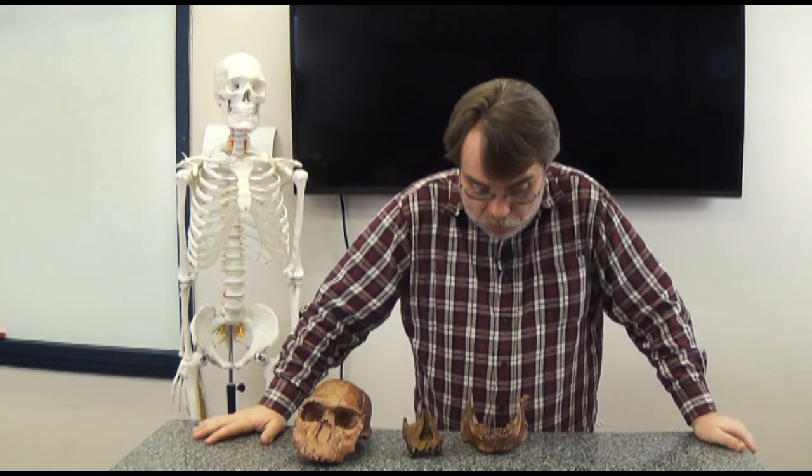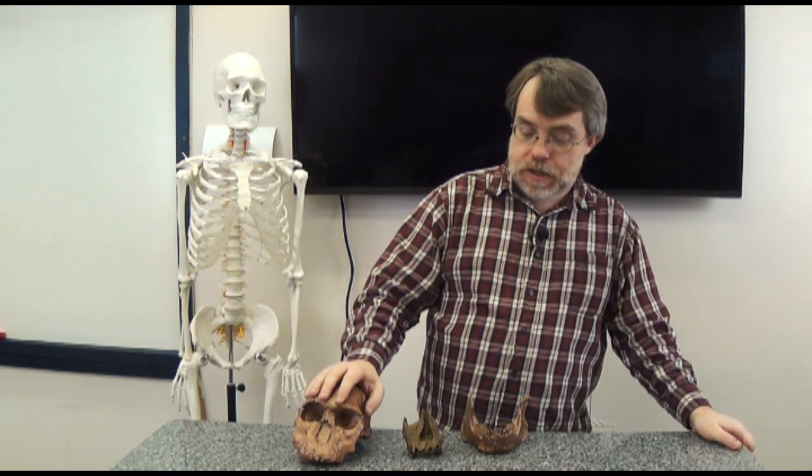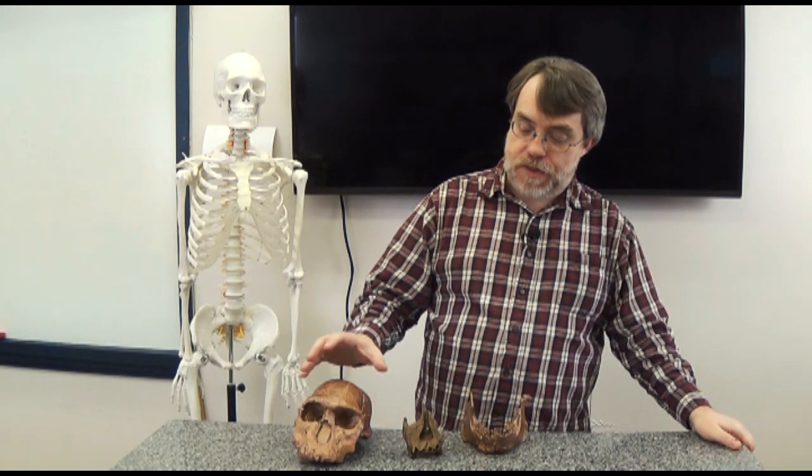So what can you say? Well, my analysis seems to confirm that this is human. Now, my analysis is based on craniodental characters, so characters of the skull and of the teeth and of the mandible. So it's not as good as it could be if I looked at the whole body. But then again, we don't really have the whole body of this guy, so even if I did look at the whole body, I still wouldn't be able to tell any more than what I can tell just from the